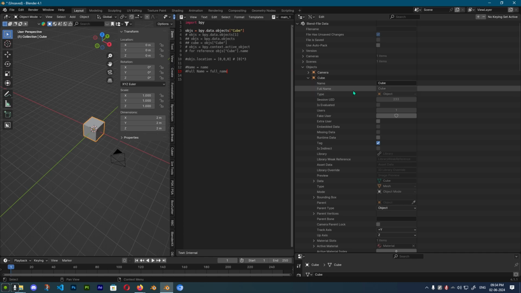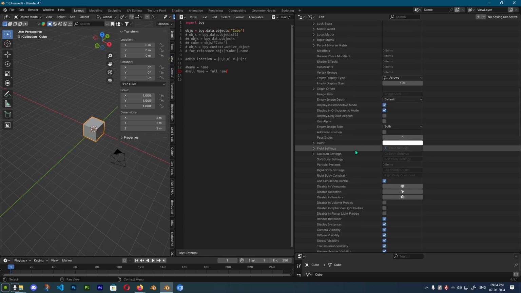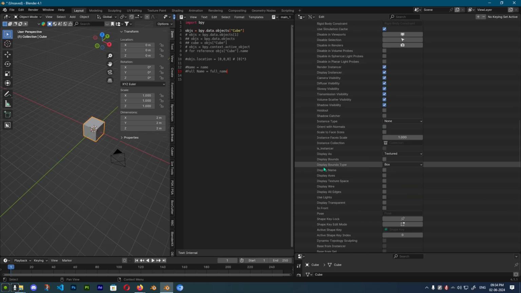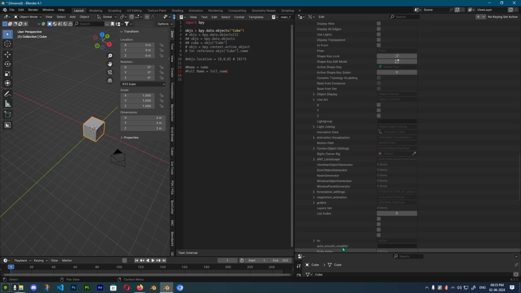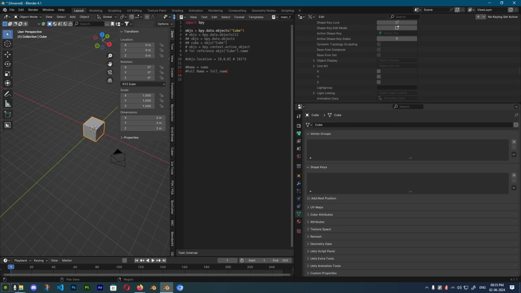Here too you can hover over them and check their code. So here, bpy.data.objects.name, and there's a type and session UID, right? So you just turn to the Blender data API, and whatever you want to change you can look up from here. These are all the options present. Then there's one more thing. You might know that our objects can sometimes have a custom